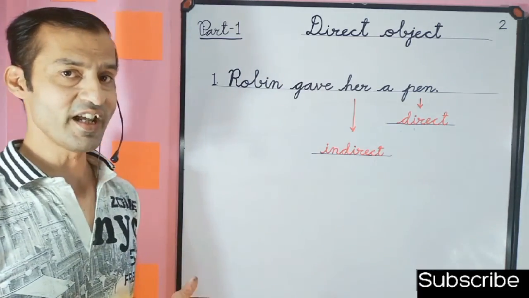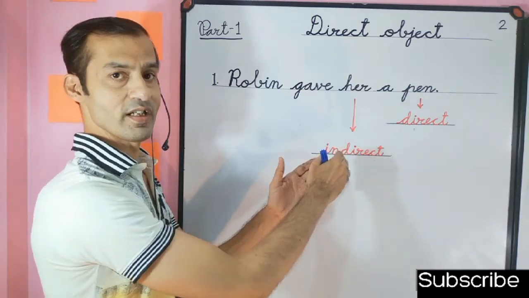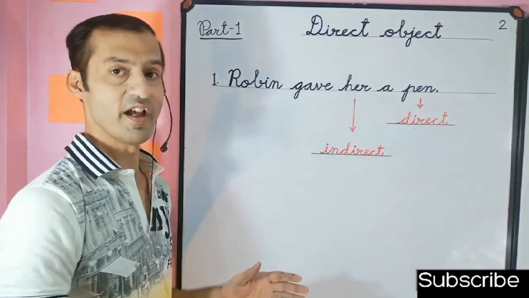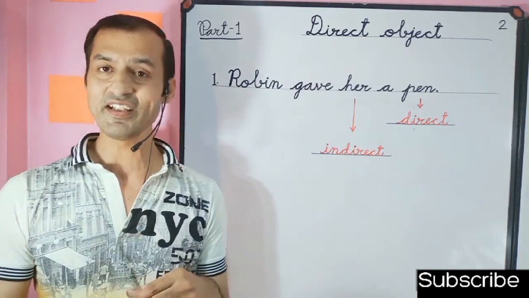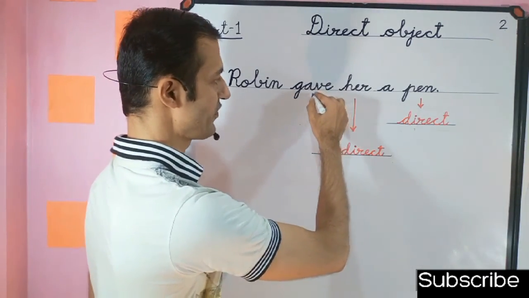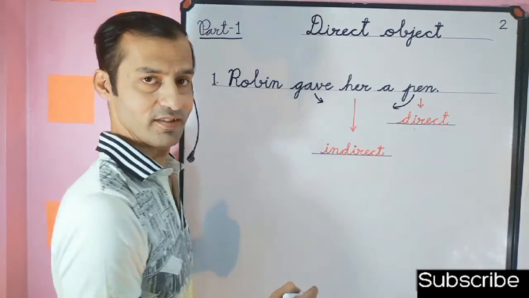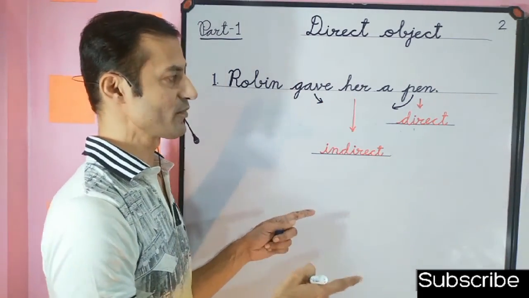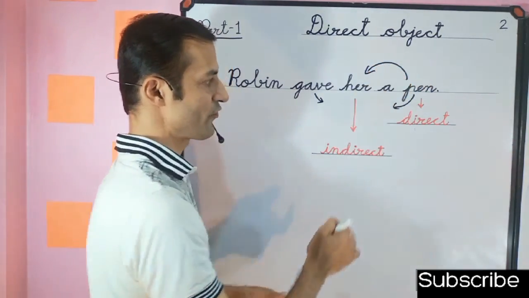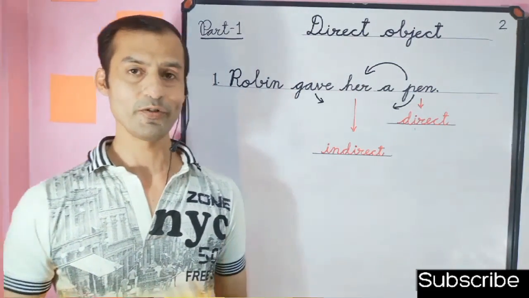And remember that an indirect object is only needed when an action of the verb is done for somebody or some person. So this is the indirect object. It must be remembered that an indirect object always comes between the verb and the direct object. It usually comes just before the direct object. So these are very essential rules to be remembered.